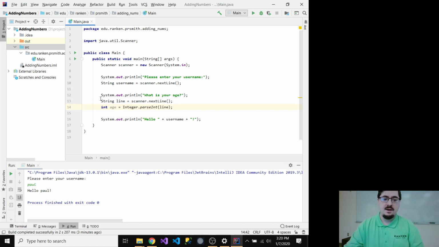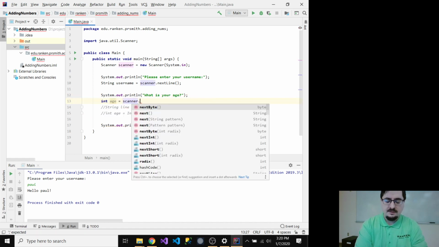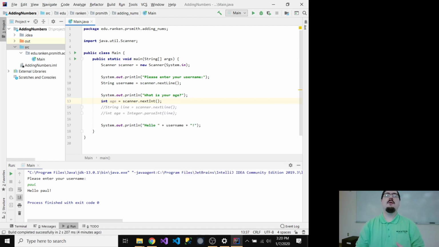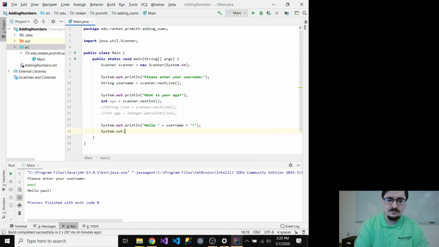I could do that as 2 steps, but more often than not, just to keep it simple, the other way you can read that in is you can say int age is equal to scanner, and instead of saying next line, I'm going to say next int. Okay. Now next int does have some interesting behaviors, so we want to try that in a second. I am going to put a line here at the end to print out the age. System.out.println